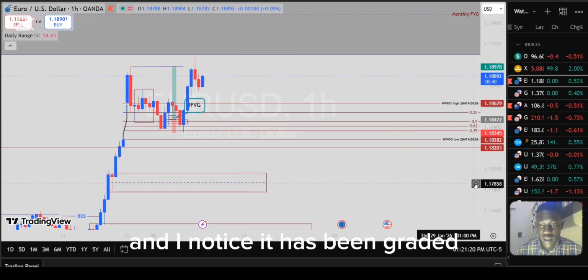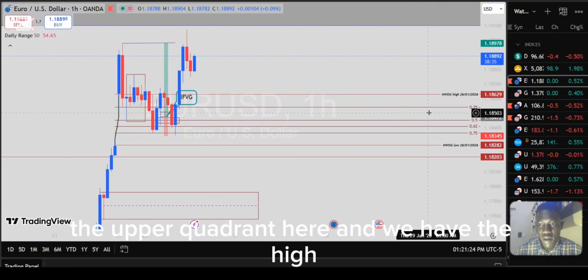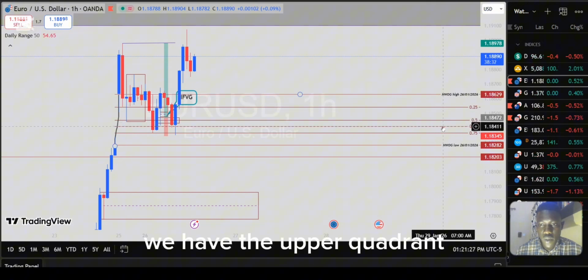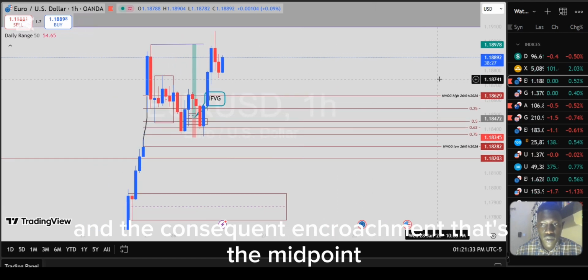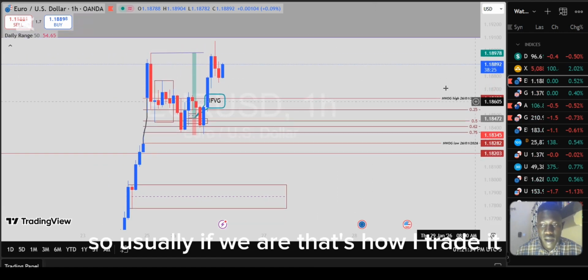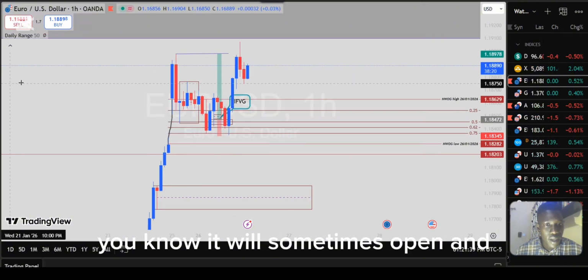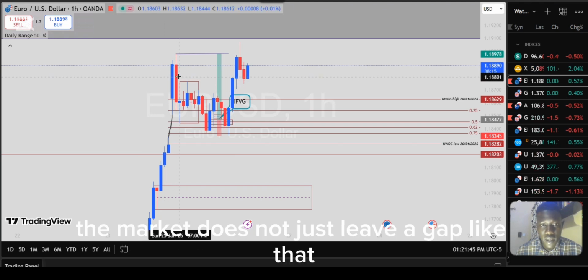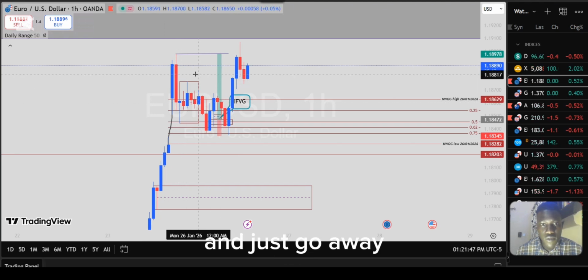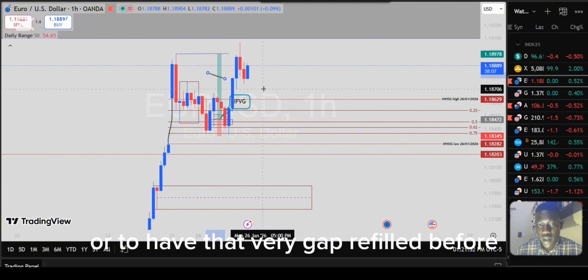You see, we have the upper quadrant here, and we have the high, the upper quadrant, and the consequent encroachment, that's the midpoint. That's how I trade it. It will sometimes open, and the market does not just leave a gap like that and go away. Usually it comes for a correction, to have that very gap refilled,